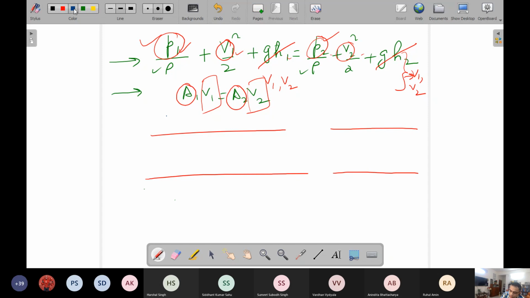One of the examples is like this: if you draw a vertical line and draw the velocity variation, something like this. In another case, you may have a situation like this. Still, the velocity at the wall is 0, but over the remaining section, on an average, taking away the statistical fluctuations, this is more or less uniform.